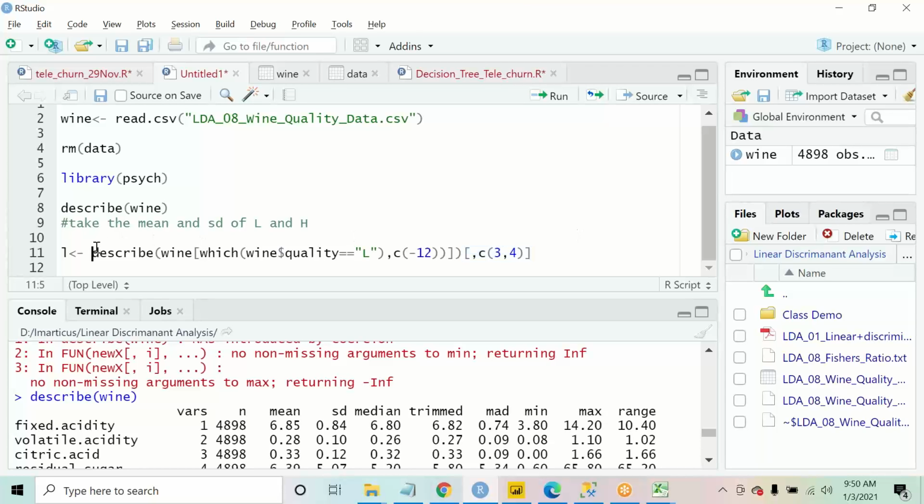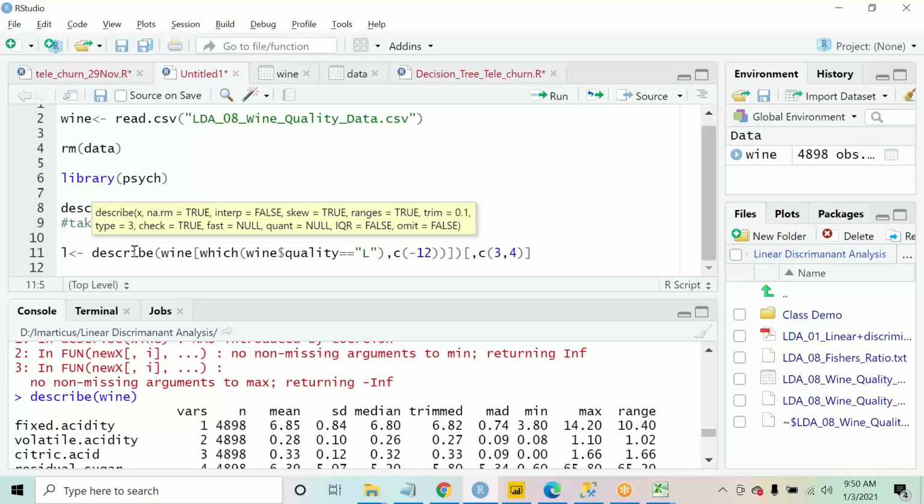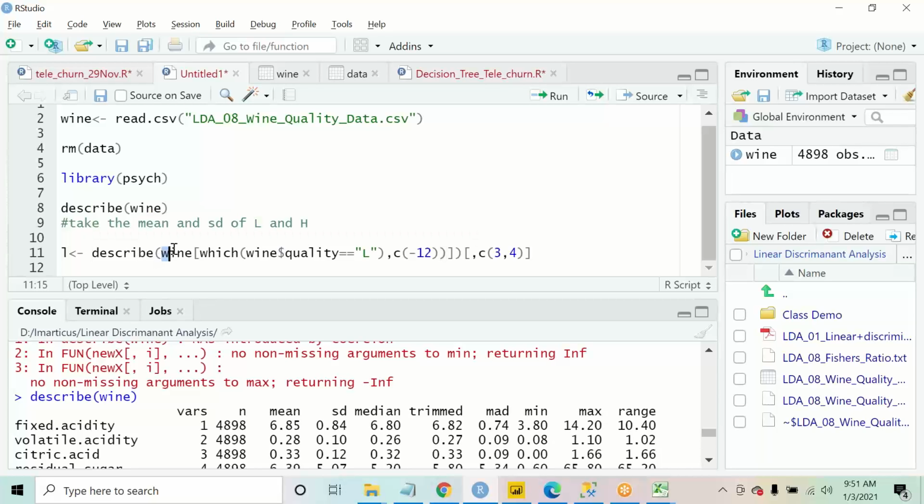Okay, so this is the same thing that I have defined in this function. So I'm saying describe the data set which I want to use. I want to use only that data where the wine quality is L, and where I'm saying c minus 12 means, because by default, when you use the describe function,